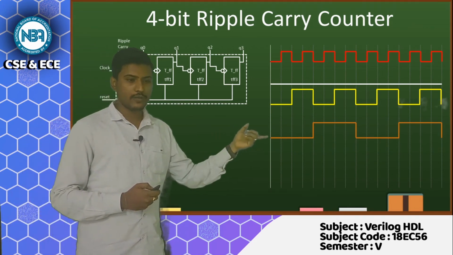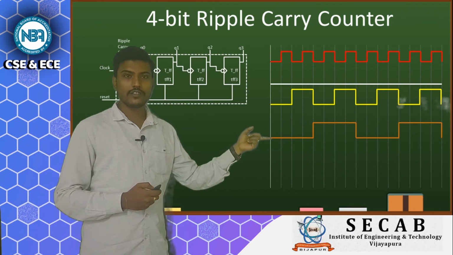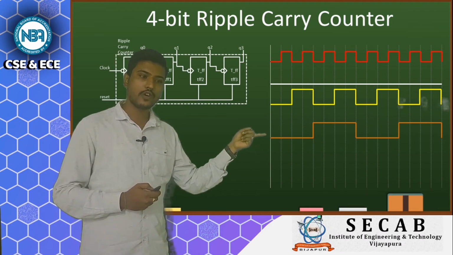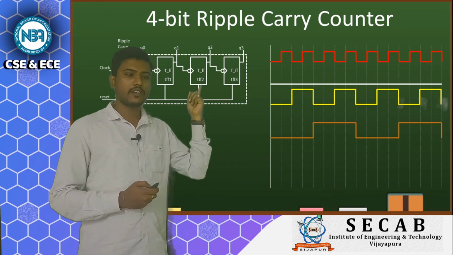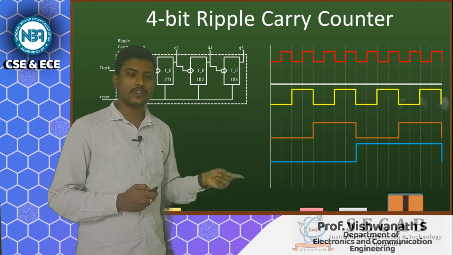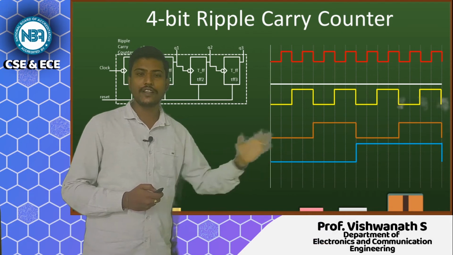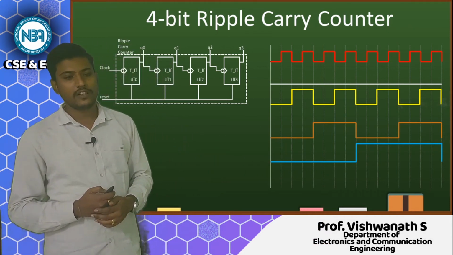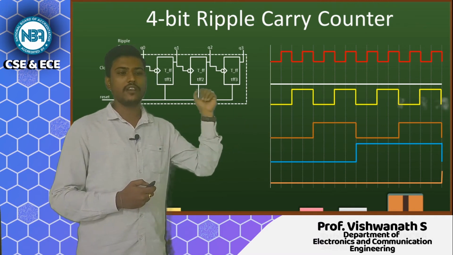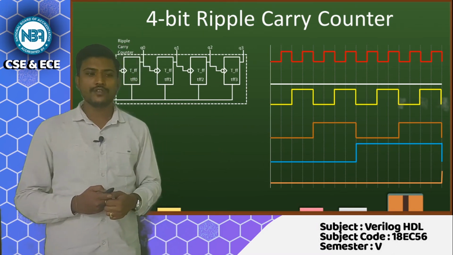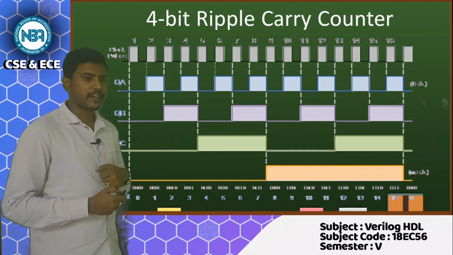Now, you can observe there is one more clock. This output is being fed as an input clock for this particular flip flop, and we can observe that at the neg edge it got triggered. In a similar fashion, the fourth flip flop will be triggered. Okay. So, now let us look at it in terms of the main diagram.